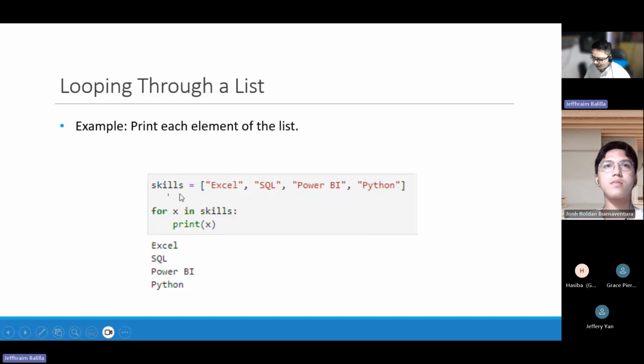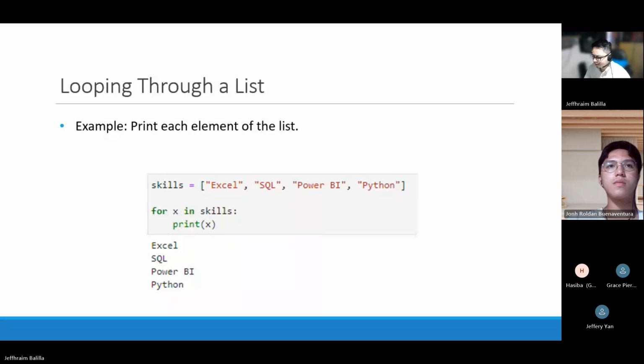What type of data structure is skills? This that we are defining right here. Can you identify? A list? Exactly. This is the list. And how are you able to identify it? We did not use any function here.